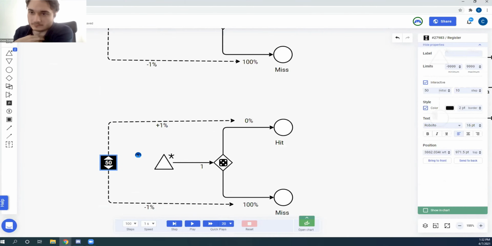I personally, if you do it, good for you, but I personally don't really like changing stuff during execution. I like to set sort of a seed at the beginning of the execution and run with that seed, and then try different seeds rather than changing. This is good, very good for interactive ones. It can be really helpful for interactive ones, and I'm going to show an example later where it can be. But during quick plays,